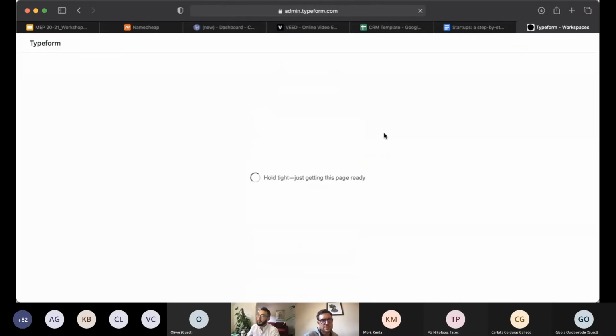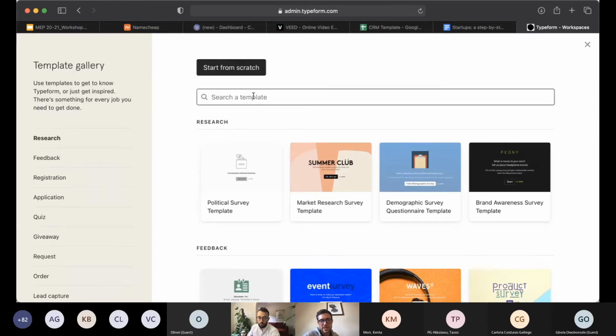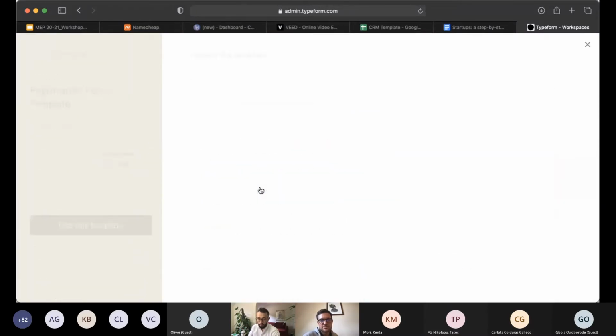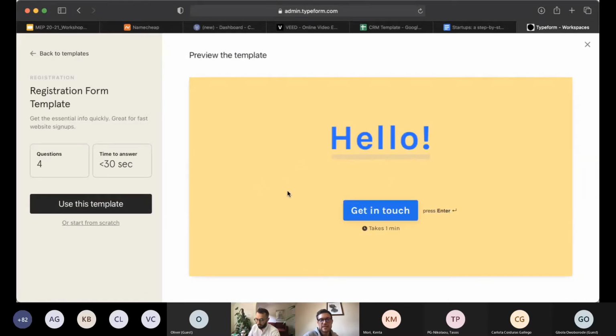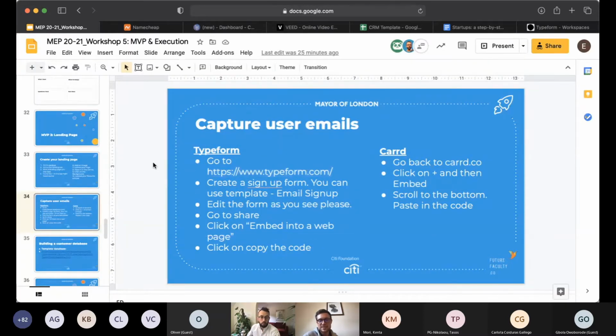So you can come into Typeform here, and you can actually create Typeforms using a template. And so here we go, registration form. There we go. And here is a template. And so you can edit that template or build one from scratch. And basically, you create this sign up form, and in